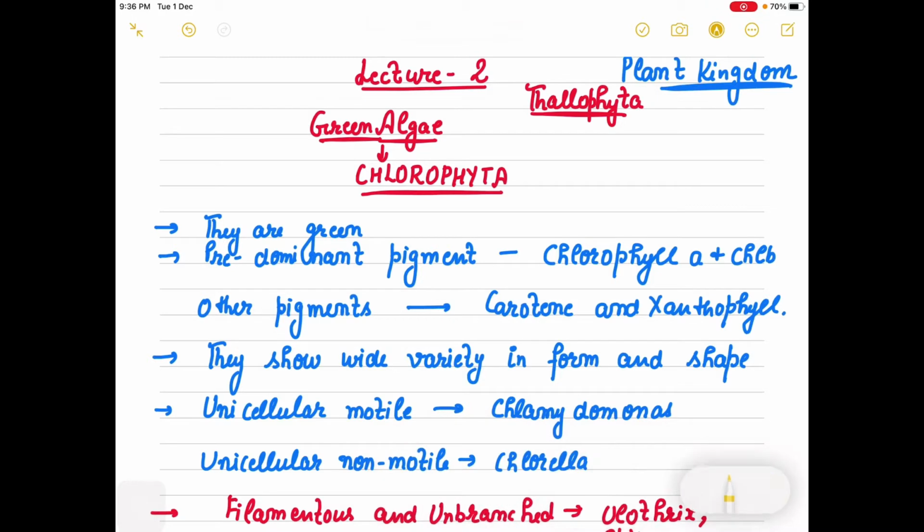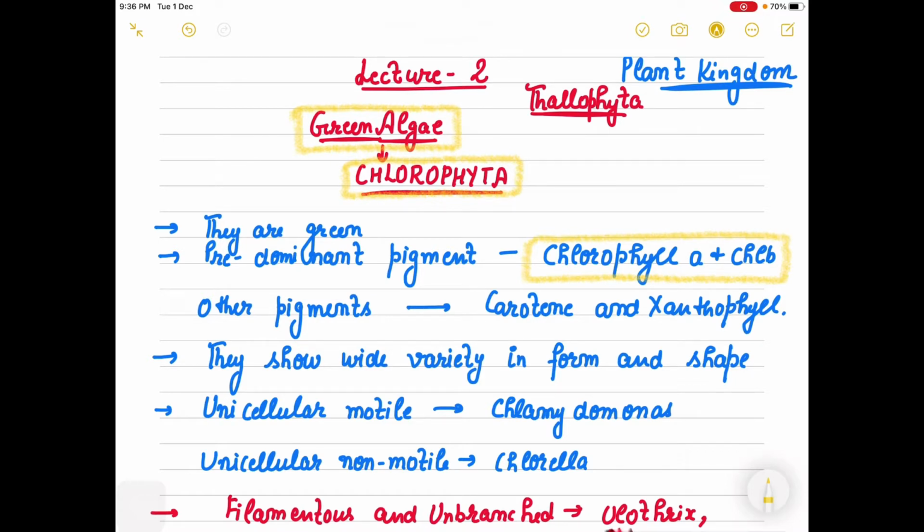And in the Thallophyta, you know that we have placed the algae. We have placed the algae group, and today we will talk about the green algae. Green algae also comes under the group that is the Chlorophyta. So Chlorophyta is also known as the green algae. Chlorophyta, right? Phyta is the algae, and chloro because this has the main pigment that is chlorophyll A and chlorophyll